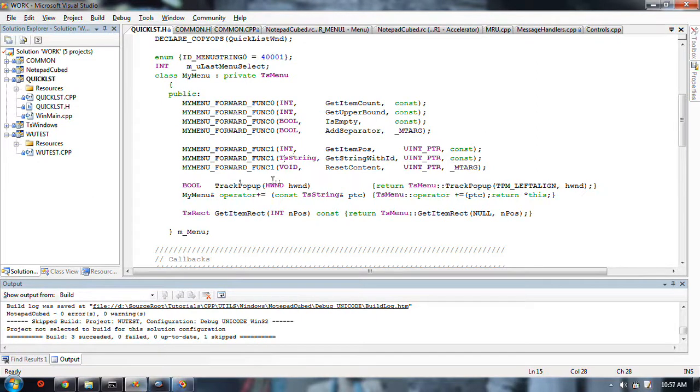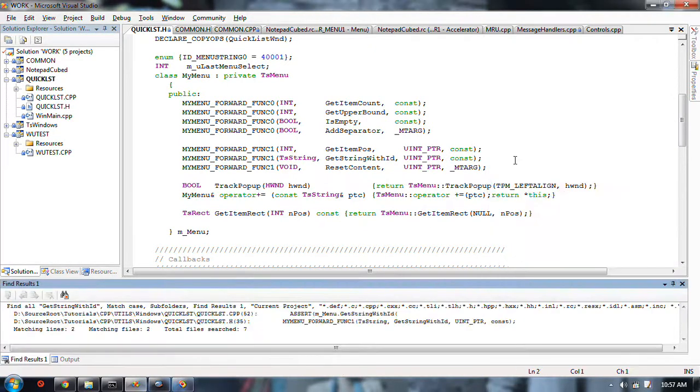But the one I don't want is for the program to retrieve any strings from this menu. So those ones are private. It can get the count, you can add separators, you can empty it out, you can find positions, get string with ID. Now why am I allowing that one? I am allowing that one, but I know that I'm okay with it.